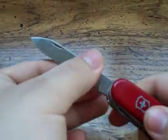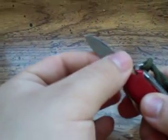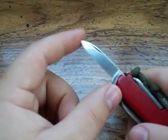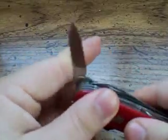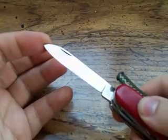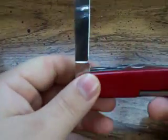Obviously, you have your main blade here. Then you have a smaller blade. Just like a lot of the larger models with a lot of functions, you have the large and small blade. I don't know the measurements offhand. I would probably say the small blade's about 1.5 inches. The large blade is probably, I would say, 2.5 inches. These are my guesstimations, but probably standard